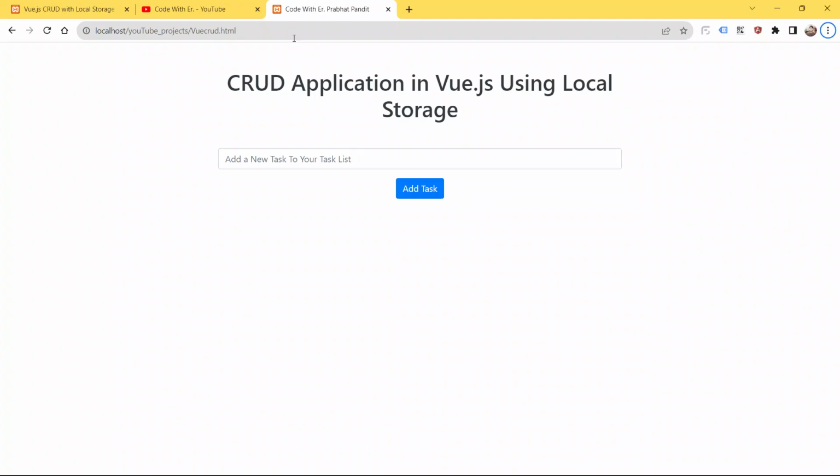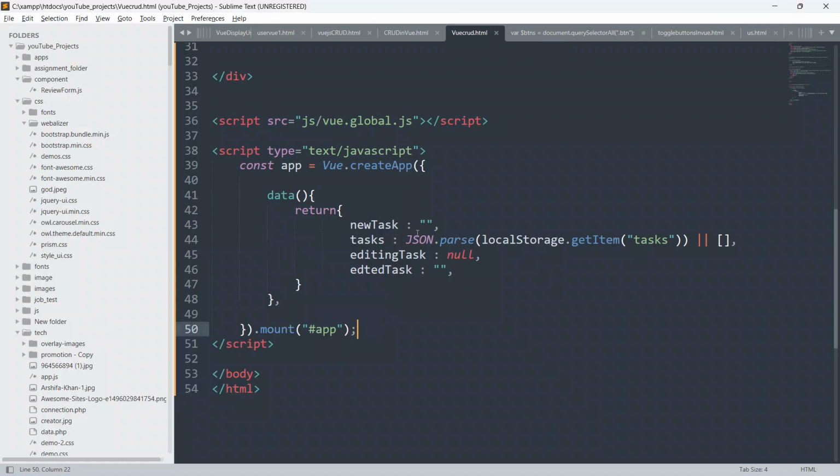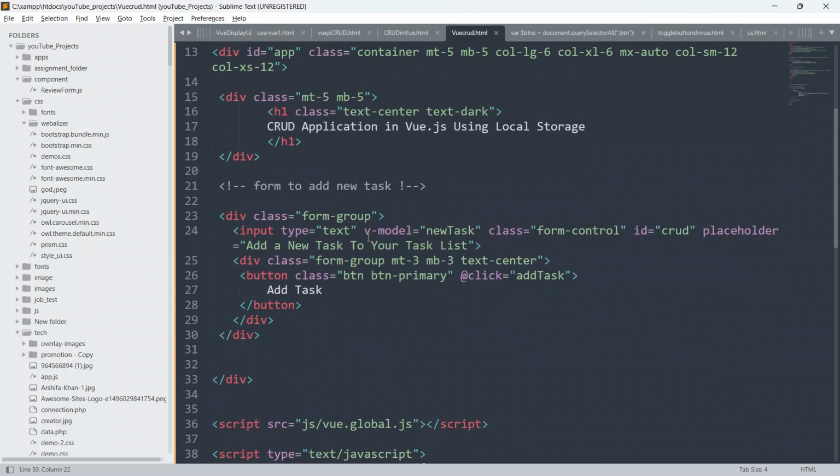I have already explained many times in my previous videos why we use v-model. Always remember, we use v-model for two-way data binding.